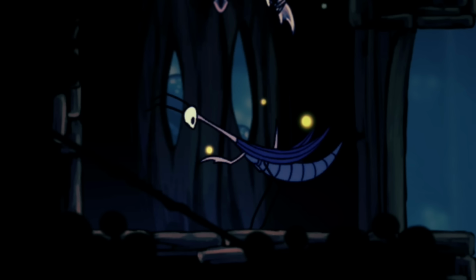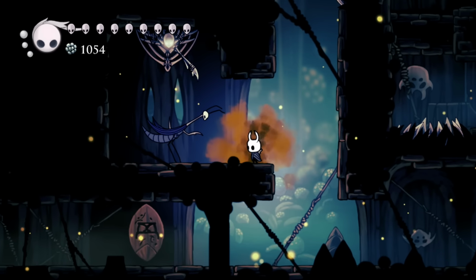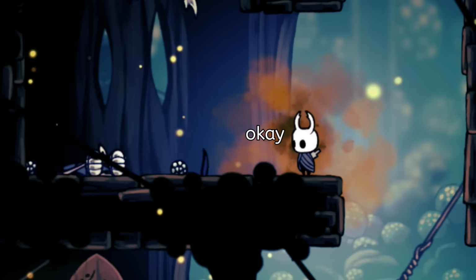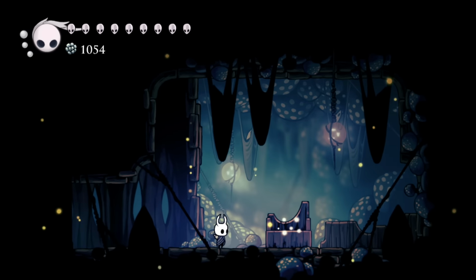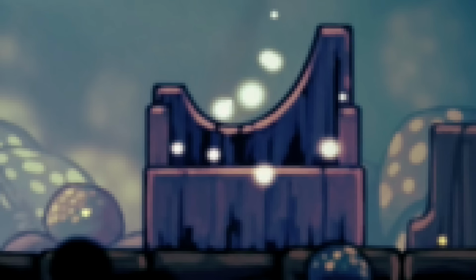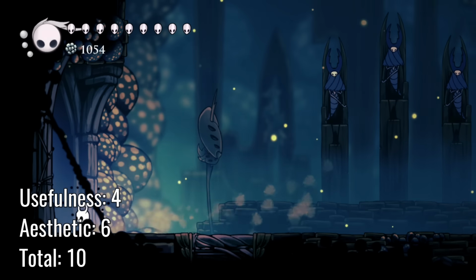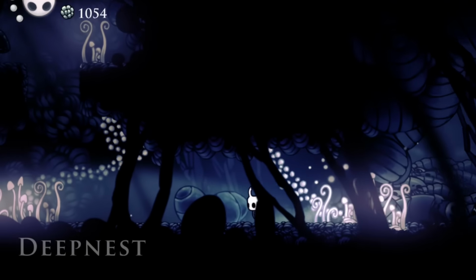Number 37, Mantis Village Bench. My guy didn't let me through, but now that he has respect for me, I'm gonna give him a little gift. Okay, let's see what's the so important thing behind this gate. It's a block. I mean, I guess you could use this for entering Deep Nest, but just saying the word Deep Nest out of my mouth makes me...